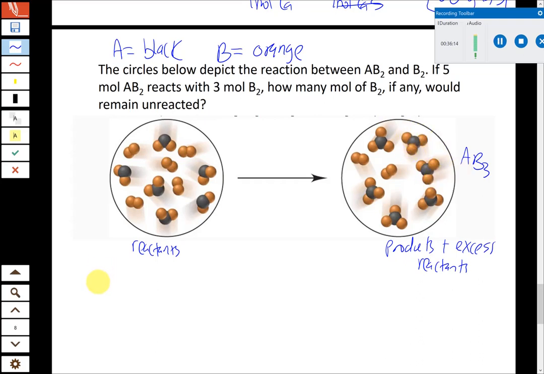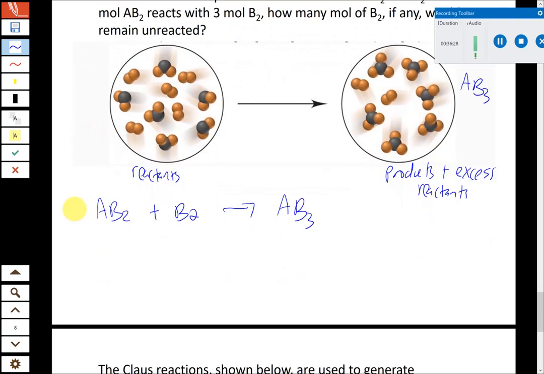So basically the chemical equation now is going to be AB2 plus B2 forming AB3 as the only product. So on the product side, that's the only new thing we have. And then we just have to go ahead and balance this. This one's a little bit tricky to balance, but what we're going to end up doing, I believe, is we can put a 1/2 here, and then if we want to get rid of fractions,